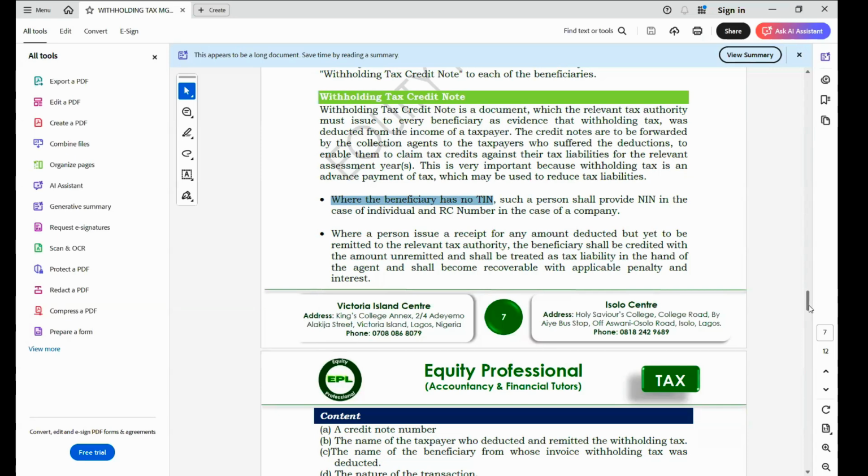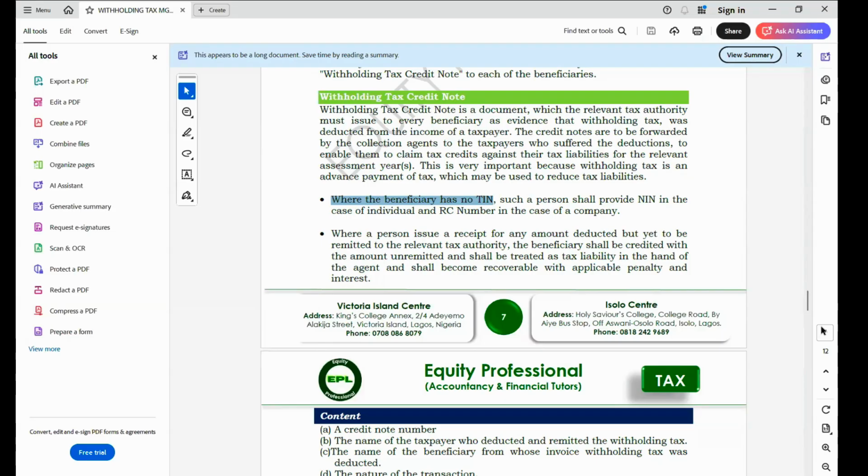Then this credit note, you may also be requested for the